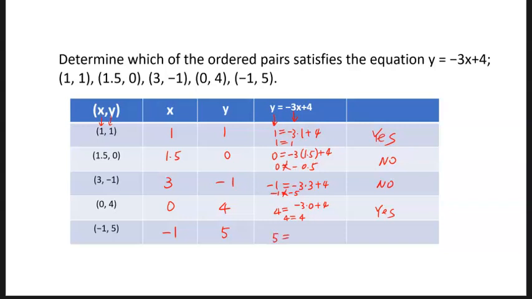Finally, y is 5 and x is negative 1. Notice that on the right-hand side, negative 3 times negative 1 is 3. Positive 3 plus 4 is 7. Again, that's not a solution. So from checking, plugging each pair of numbers into the given equation, we found out we have 1